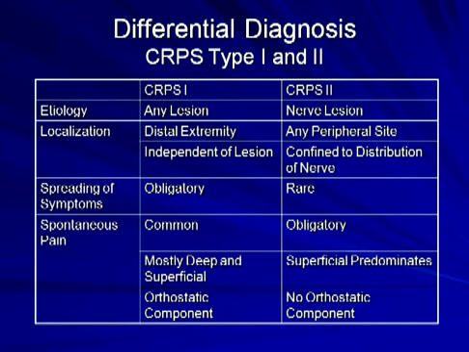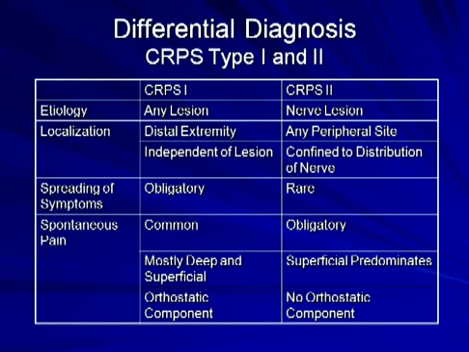So as a couple of examples, in terms of etiology, CRPS type 1 could be any lesion. Somebody could get a paper cut, somebody could bump their hand, whereas in CRPS type 2, or causalgia, you had to have a nerve lesion. A nerve had to be damaged. It had to be clear that there was an injury to a nerve. And then we can go on; this will be available to you to review.